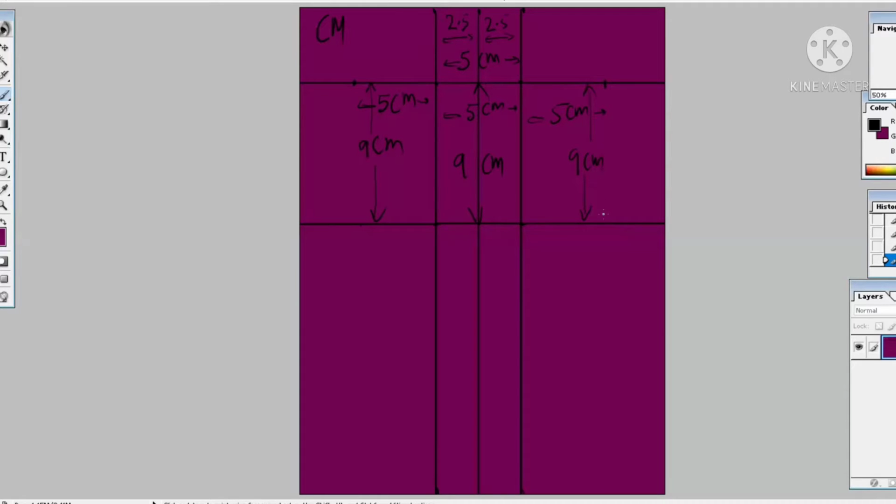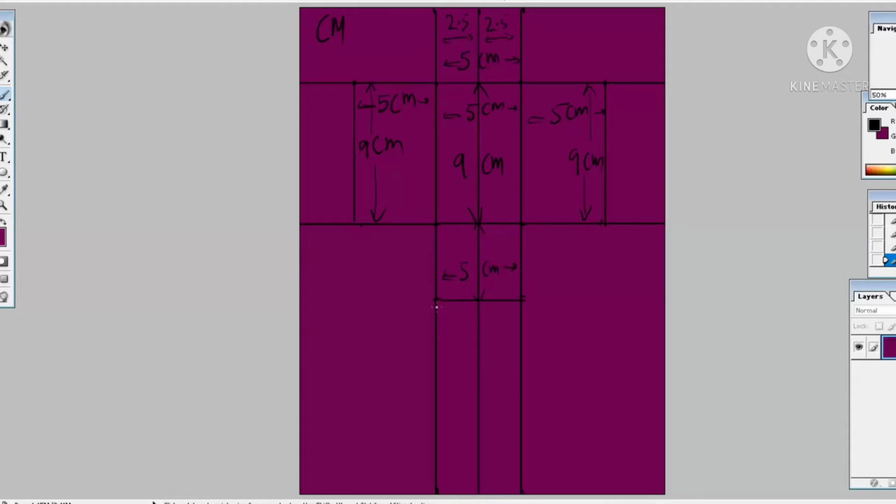So I am going to draw a 9 cm and 5 cm rectangle shape on my right and left. So you can see I have already drawn. Now again square shapes, and at the bottom I am drawing.